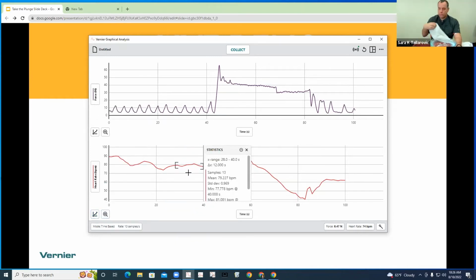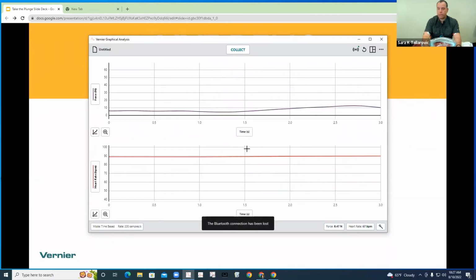All right. So his heart rate was a little high going into this, probably from the breath hold earlier. His mean was 79.227. And you can certainly allow, if your subjects feel like their heart rate's elevated, they could certainly